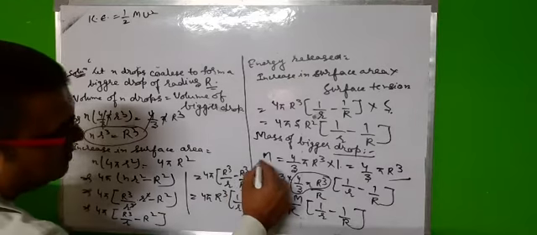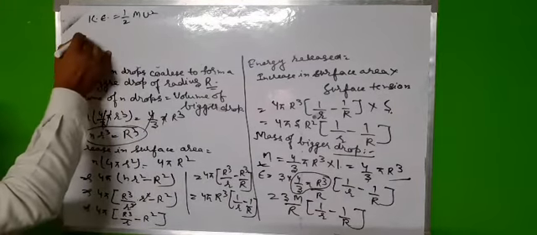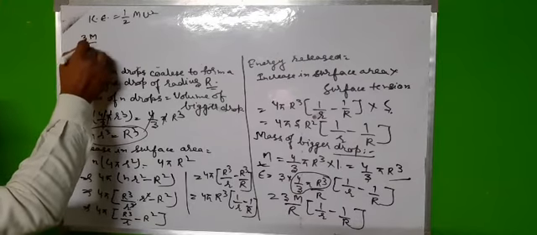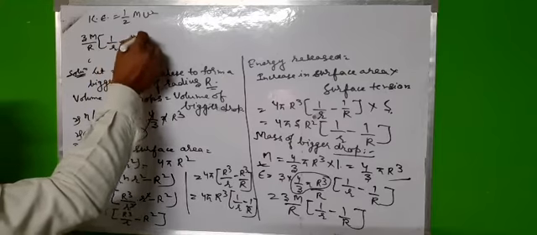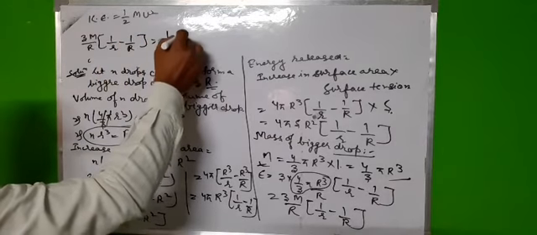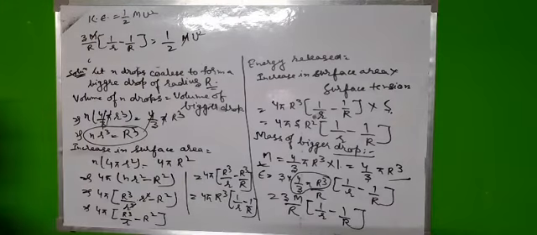So energy released we had got this value, 3m upon r into 1 upon small r minus 1 upon capital R, and this is equal to 1 by 2 mv square. m and m cancel out, and we can write it as